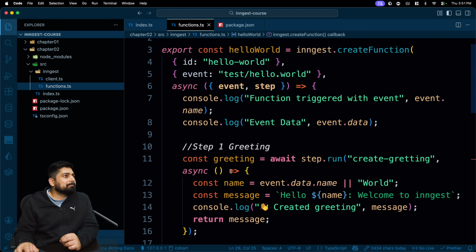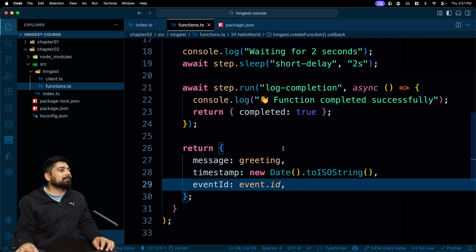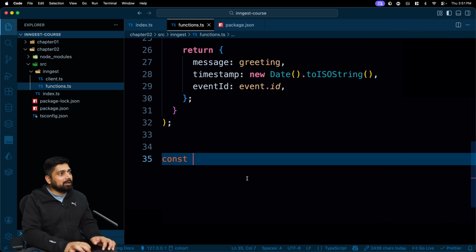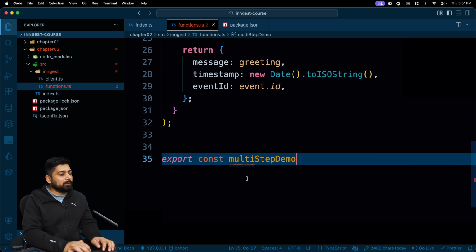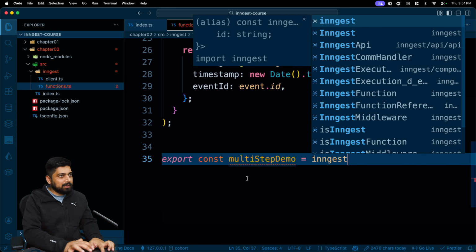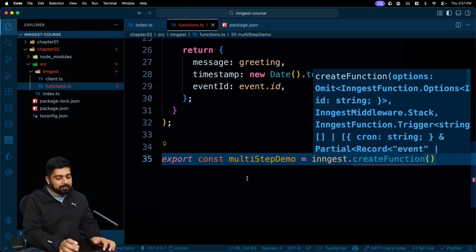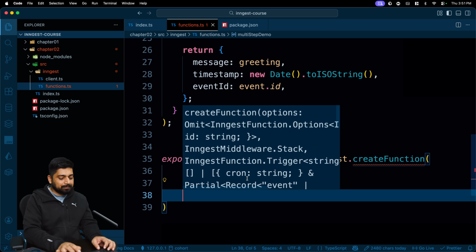So we have created a very basic function. It just says hello world, but there could be a function with the multi-step demo as well. So let's write a multi-step and then we'll bring it in the express and we'll work on that. So export const multi-step demo, same stuff, inngest.createFunction, the first one, the second one,